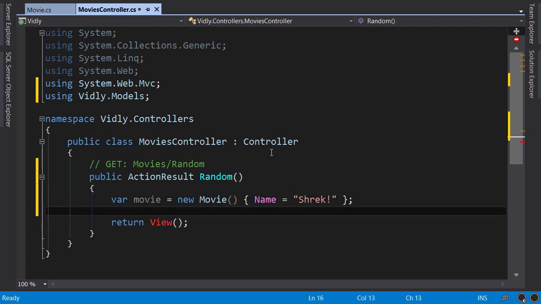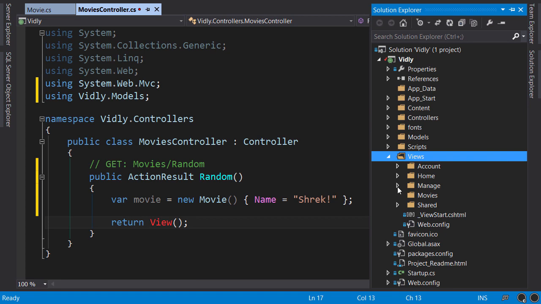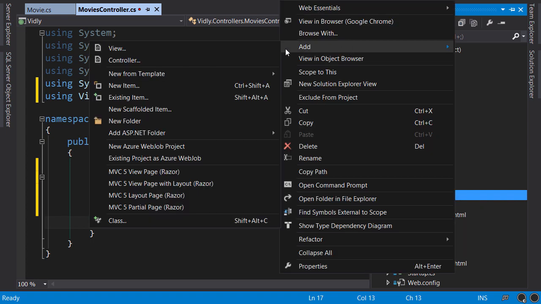Now here you can see that this method is returning a view. And the reason this view is red is because ReSharper is telling me that this view file does not exist in the application. So in the Solution Explorer, under Views, look inside the Movies folder, we don't have a view called Random. So right-click, add, View,